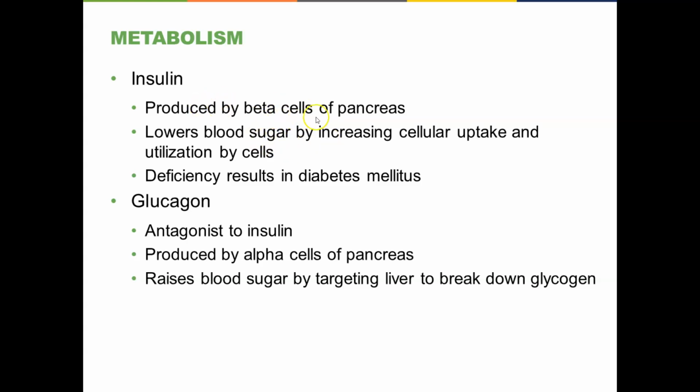The beta cells in those islets produce insulin. When they detect high levels of sugar in the blood, they release insulin. Insulin causes other cells to take up sugar and pack it away as glycogen. Glucagon is the antagonist, which means it works against or opposite to insulin. It's released by another pile of cells called alpha cells in the same pancreatic islets. And if blood sugar levels are low, that's the trigger for these guys to release glucagon. And that causes the liver primarily, but to a lesser degree skeletal muscle, to break down glycogen and release it back into the blood.